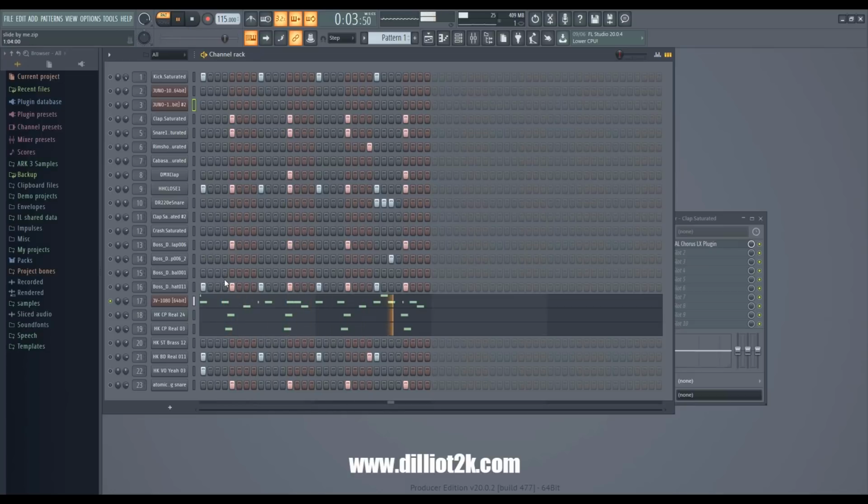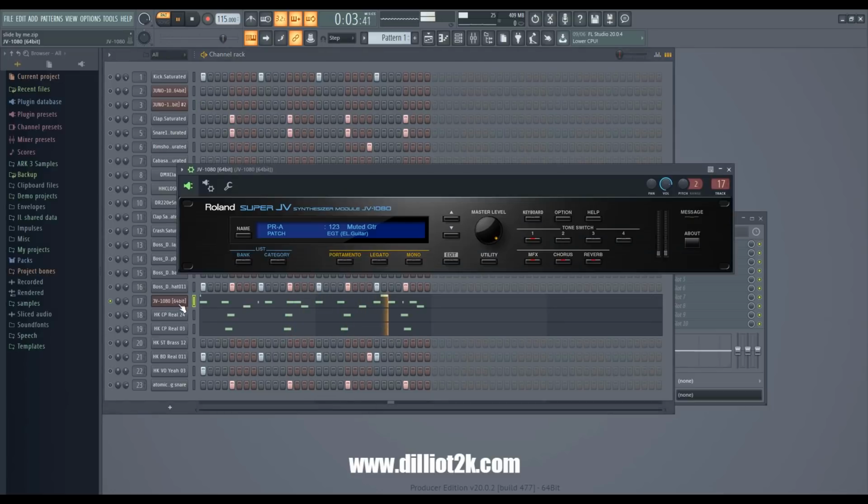And now we have kind of a mute guitar thing going on there. And it actually went back to this Rolling Cloud and used the JV-1080. The JV-1080 came out, I believe, the mid 90s or late 90s. And again, using sounds from that time frame. So nine times out of ten, it's easier for me to grab a module like this and go straight to the sounds that were used back in the day to create that nostalgic